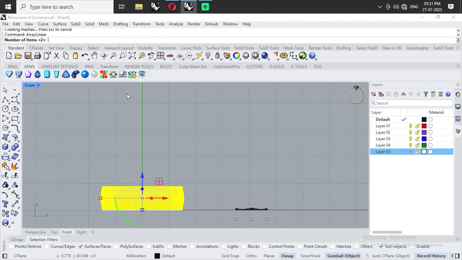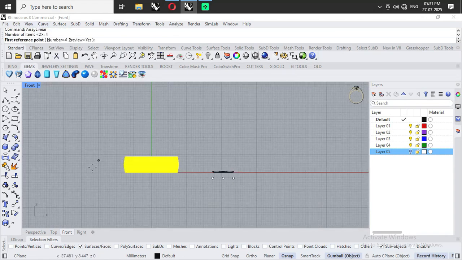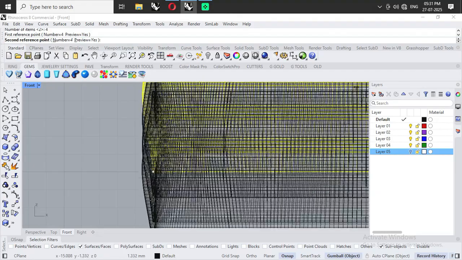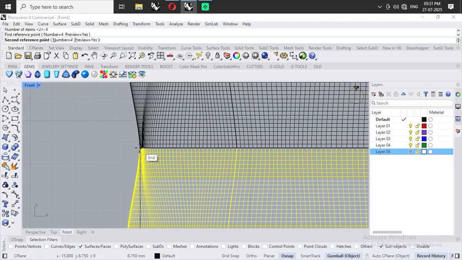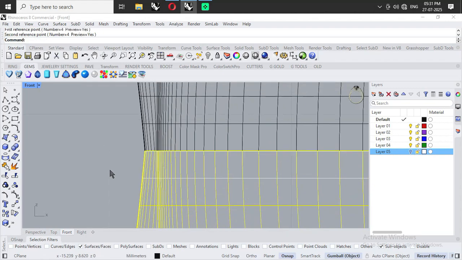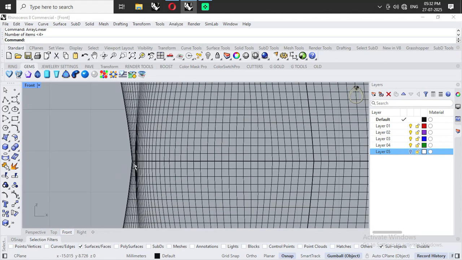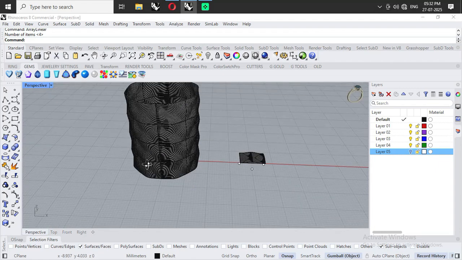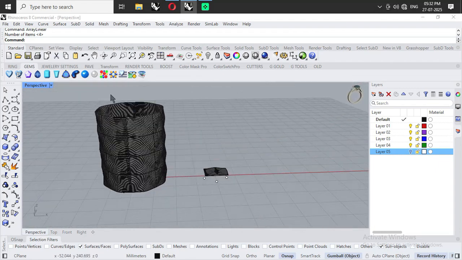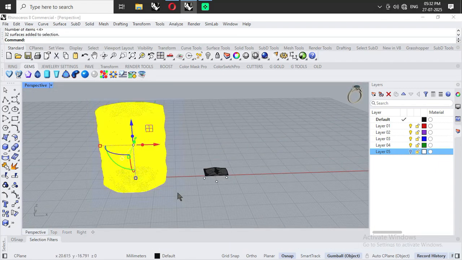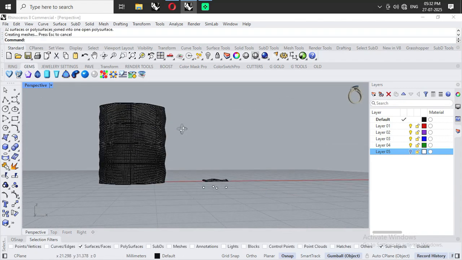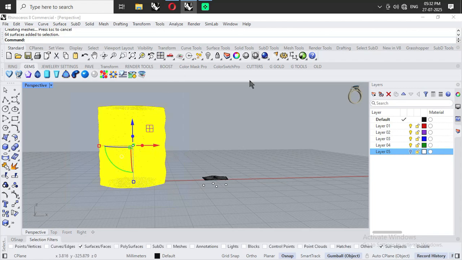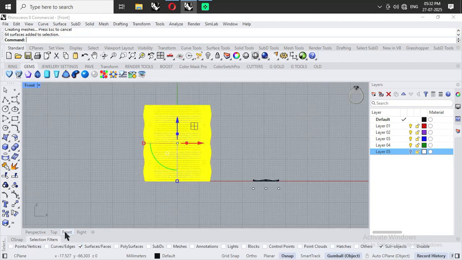Number of items you need to define. Now click on the reference point, and this is the second reference. Make sure you are clicking at the perfect point. Then go to front view and select all of them. Now type in join. Still, there are multiple copies there, but